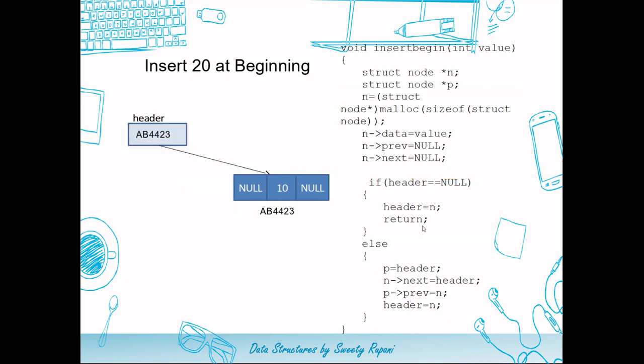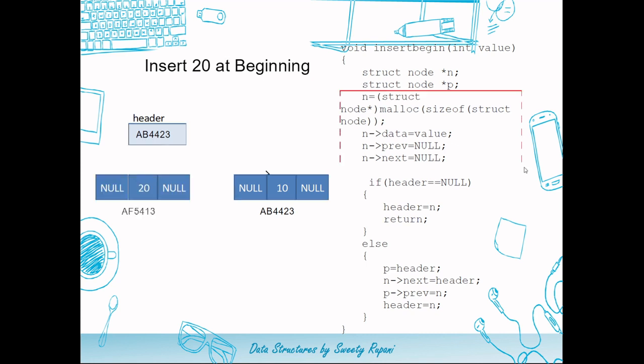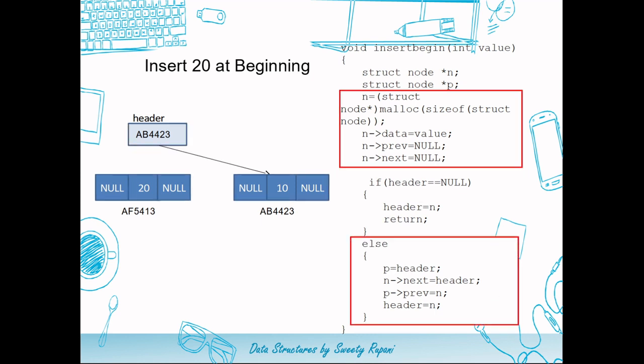Now let us go for one more insert at the beginning when you already have an existing list and a node inside a list. Now here as usual the memory gets allocated by using the same block of statements, followed by which this if condition would go wrong because my header is not null, header is already pointing to a valid address. Once this if condition goes wrong, else part gets executed, wherein the first statement is making p point to a header. Does mean p will point to a node having a value 10.